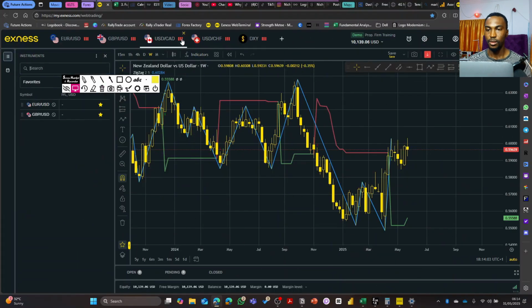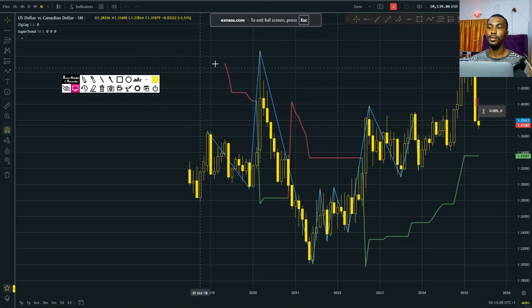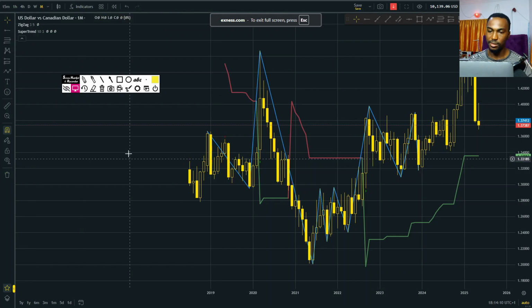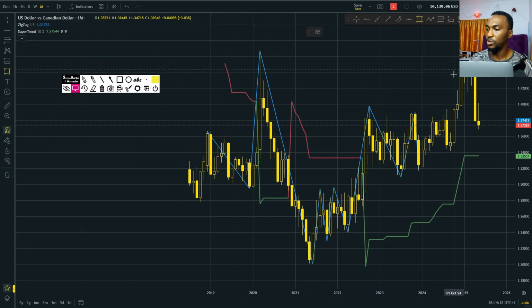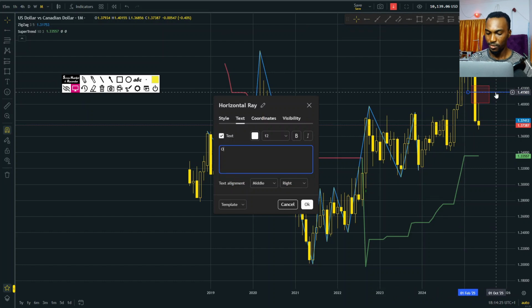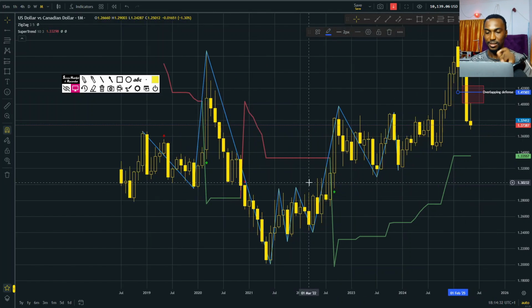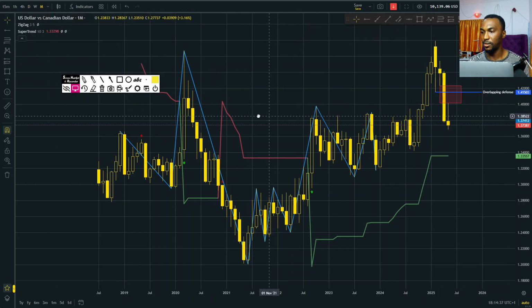view. So we could close that market, head into the US dollar, Canadian dollar. Okay, right off the bat, I am seeing one of the most interesting moves in the entirety of all the things we'll be looking at. Take a good look at this fair value gap with a good overlapping defense. Yep, this is the kind of market that I really want to put myself into.